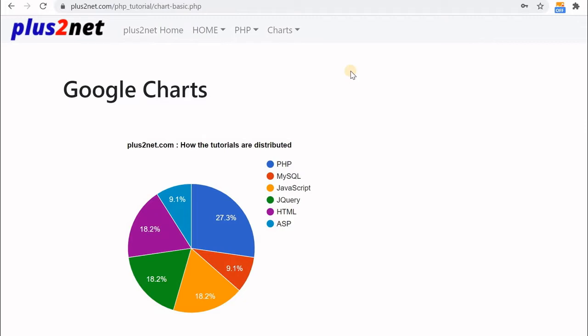It is not only a pie chart. We can draw bar chart, column chart, line chart, area chart, and like that many different types of charts. And we can even take data from our backend script or from a database and develop such real-time charts displaying the position. Now we'll see how we'll work on this tool and develop various charts.